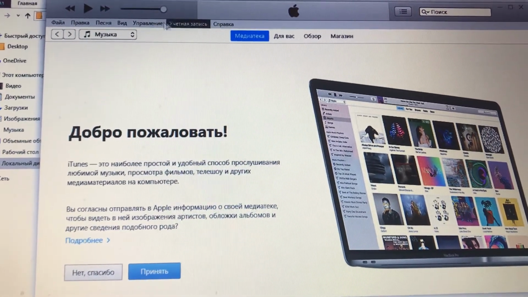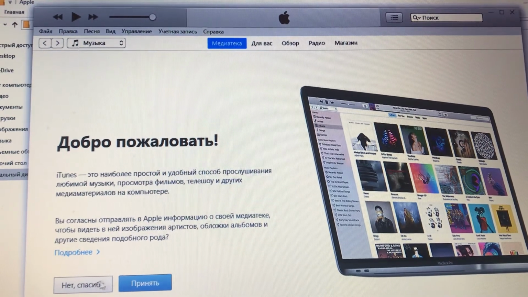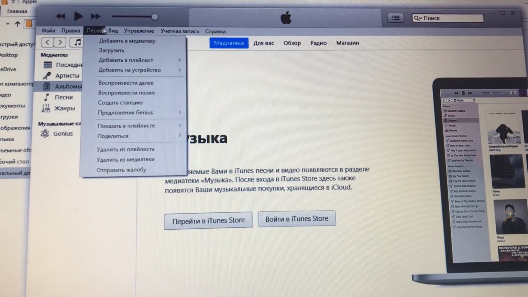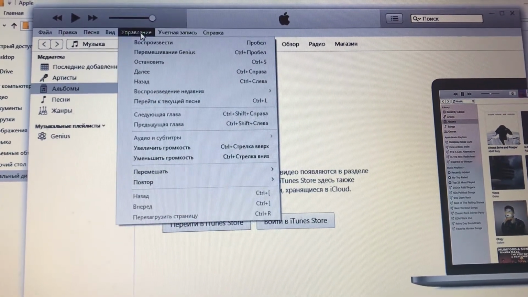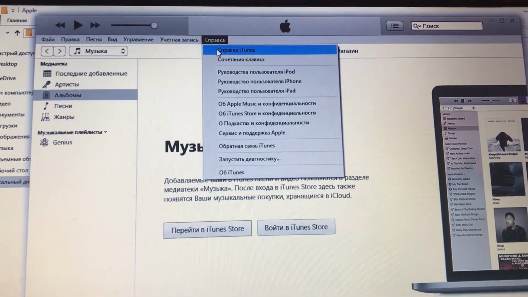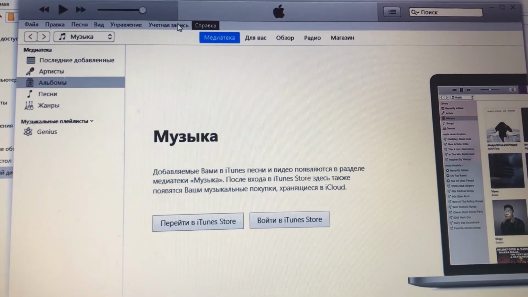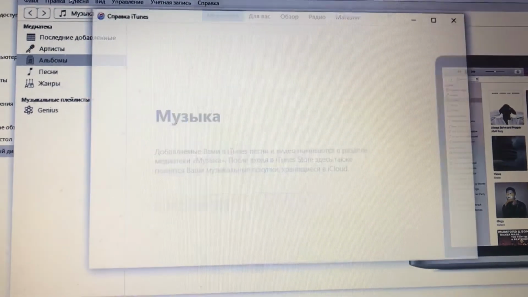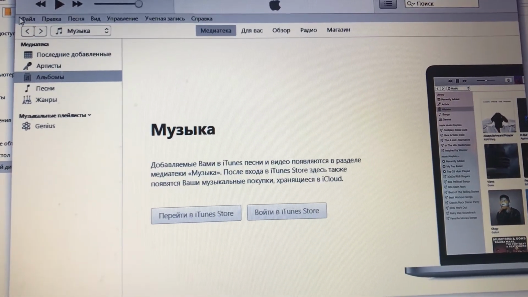So just go to, maybe it's in view, not in view. So just go to file,